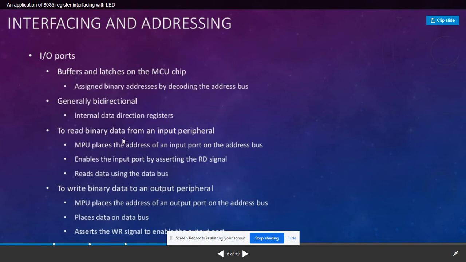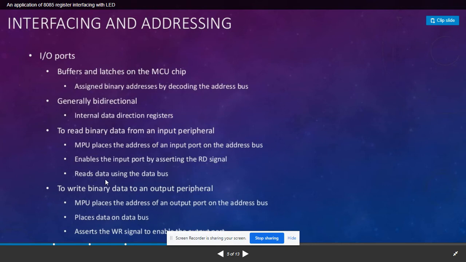To read the binary information from an input device, or we can say input peripheral, the microprocessor places the address of the input port on the address bus first. Then in the second step, it enables the input port by asserting the read signal.